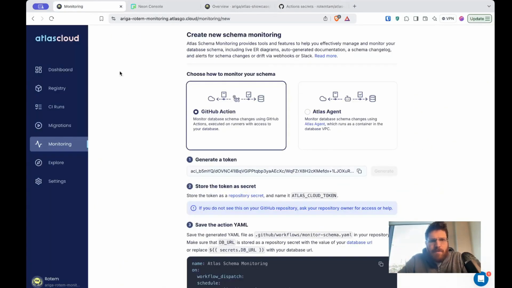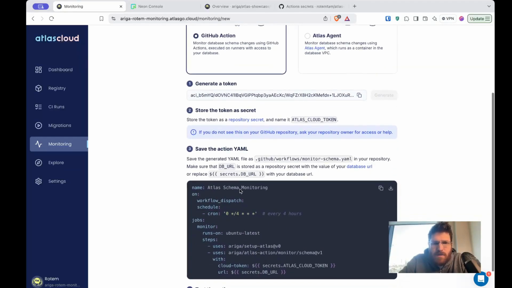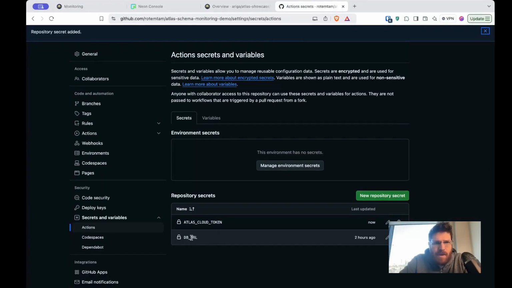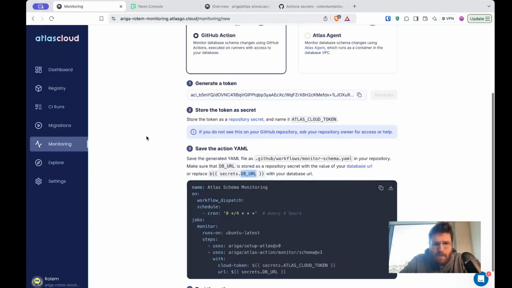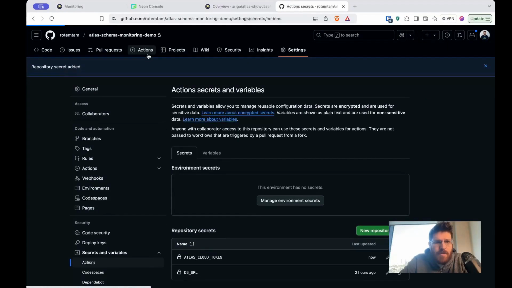The second thing that I need to do in order for this to work is to store the connection string to my database as the DB URL variable, and you can see that I've already done that beforehand. Next, I can copy this YAML manifest which defines the monitoring job. So I'm going to go to Actions,